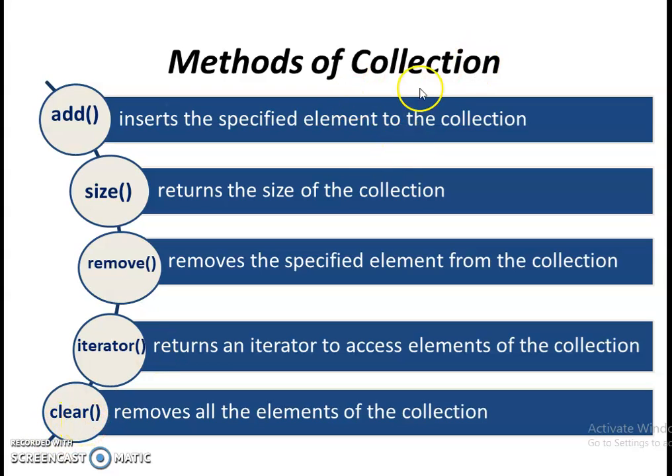So this root interface Collection has all these methods, and as we know in Java, when one interface extends another interface, the sub interface has all the methods of the parent interface. So all the sub interfaces of this Collection interface have these methods, right? These are the basic methods available in all the sub interfaces.